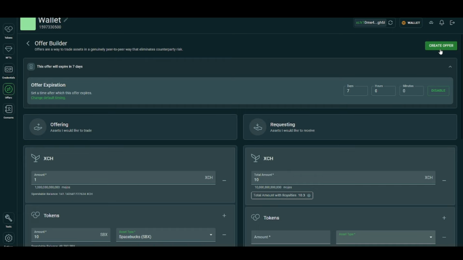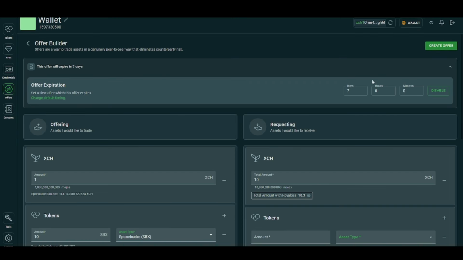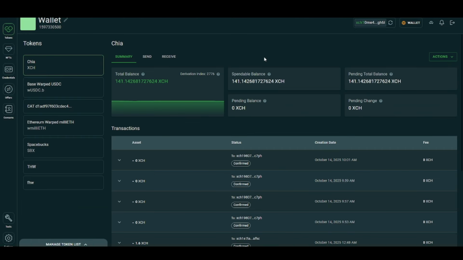And so you would create offer. It would ask you, let's see, I can't even create the offer because my node is still not synced. It'll most likely ask you if you want to post that offer across different networks like decentralized exchanges and the blockchain. You're going to click yes, and then it's going to ask you to sign that transaction, and then it